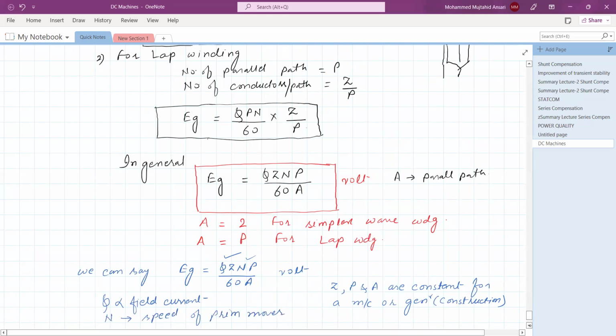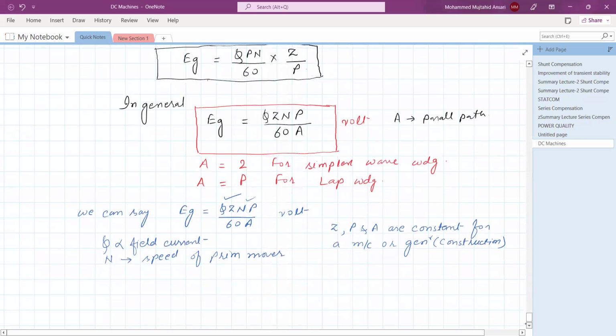So we can say that the EMF generated EG is constant Ka phi into N,